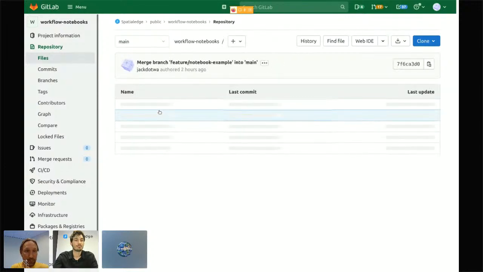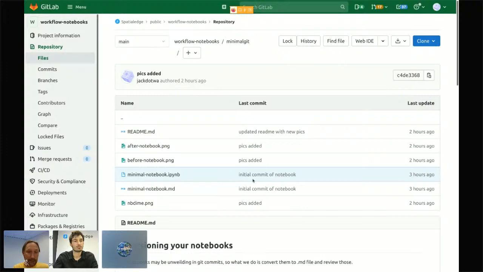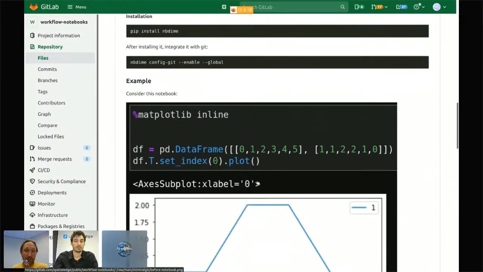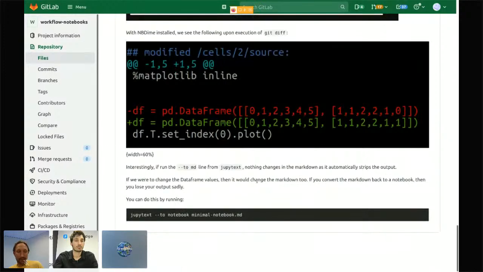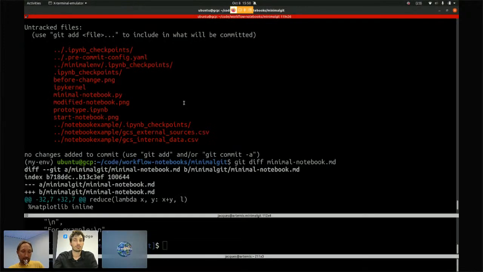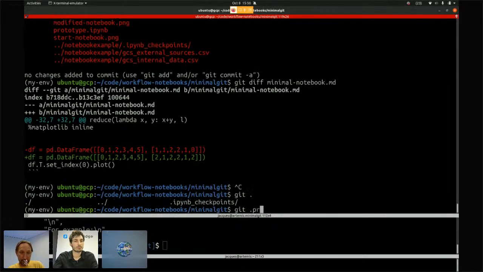It's all put out there in minimal Git. Over here, we even give you the examples. We show you some Jupyter extensions that you could use. Some of our colleagues use this, and it maintains those 2 notebooks for you. And there's the example as well that I actually just gave. So that's pretty fantastic. Something that is missing in this repo, which I will quickly commit for fun, is a